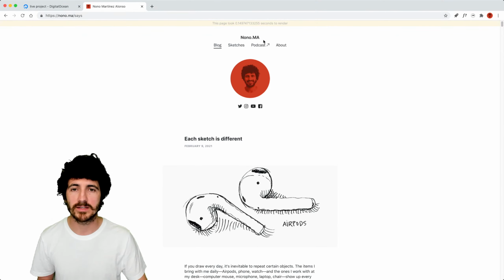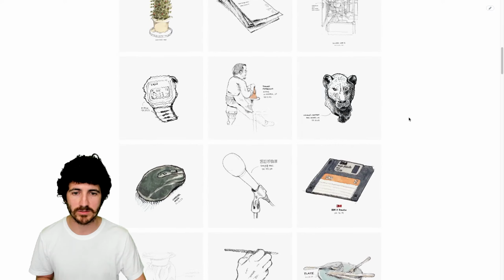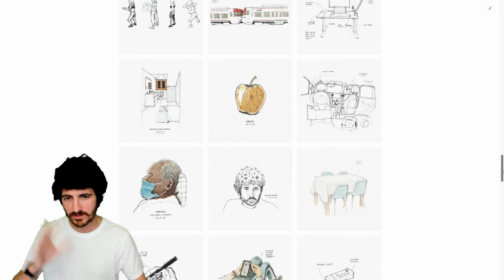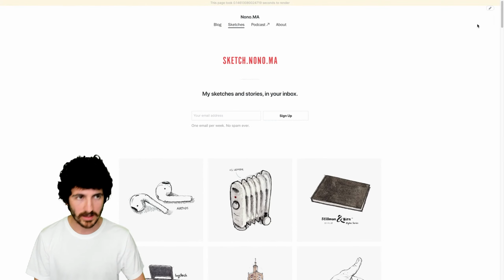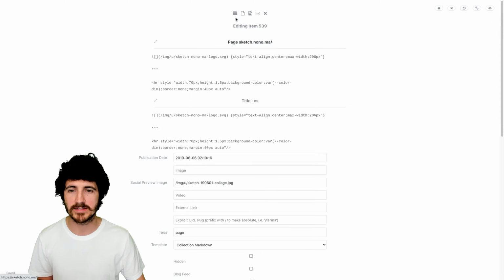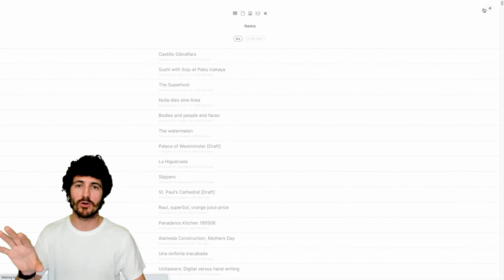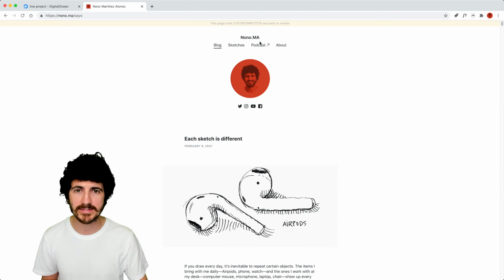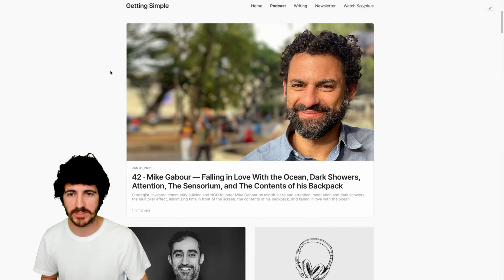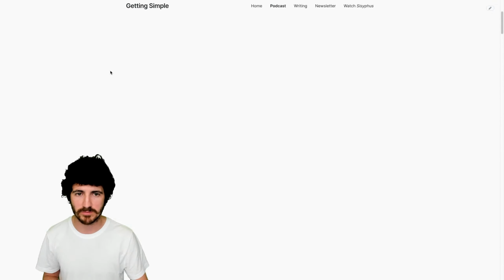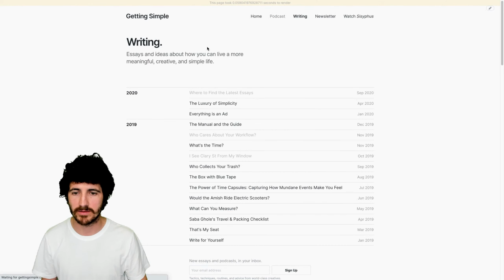I've also hosted my sketches page. So this is under the same application. You can see there's lazy loading here. This is just HTML and JavaScript doing the trick. And I have my own CMS system here where I can go and edit many of these things. So this is hosted on DigitalOcean. Next is the podcast page, also hosted on DigitalOcean, same content management system. And as you can see, smooth and really fast, and it can handle everything, right?